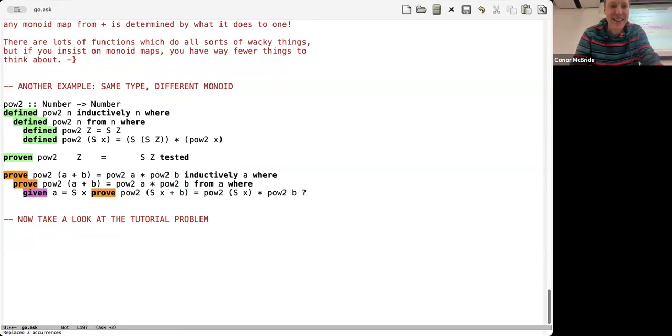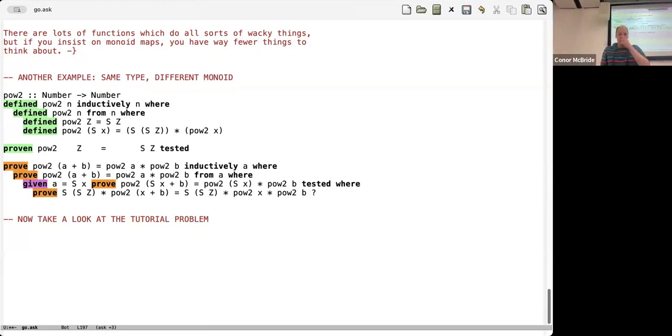Yes. Good. Right. So now we have to prove indeed that 2 to the x plus 1 plus b is equal to 2 to the x plus 1 times 2 to the b. You'll be wanting a test then. Indeed. So now, as almost always at this moment, you have to do a test to do some computation. And so now we are very much similar to the previous case in some ways, because if you look on this side after the computation,